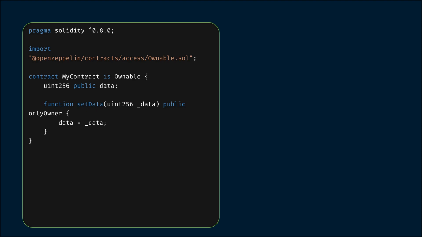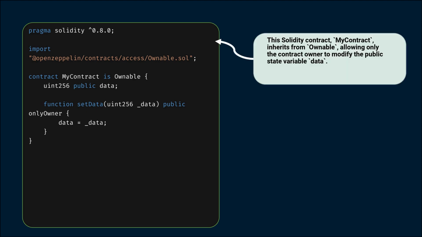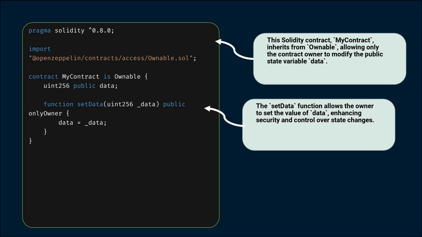Now let's see how we can implement secure access control in our Solidity smart contract by using the ownable contract pattern provided by OpenZeppelin. In this contract, we define a variable data, which will store a numerical value that can be modified. The critical function here is setData, which allows only the owner of the contract to change the value of data. This is enforced by the onlyOwner modifier that OpenZeppelin provides, ensuring that unauthorized users cannot manipulate this crucial